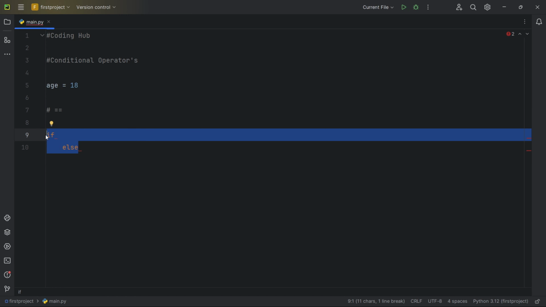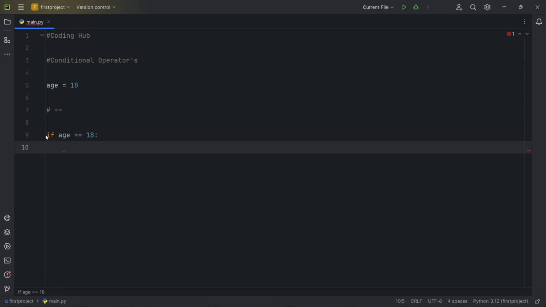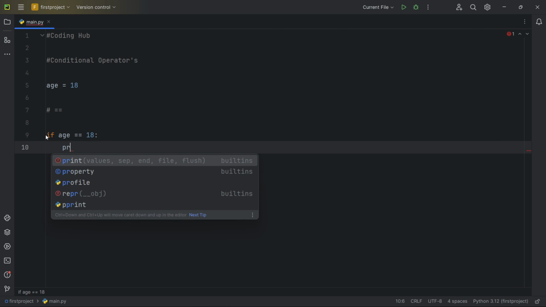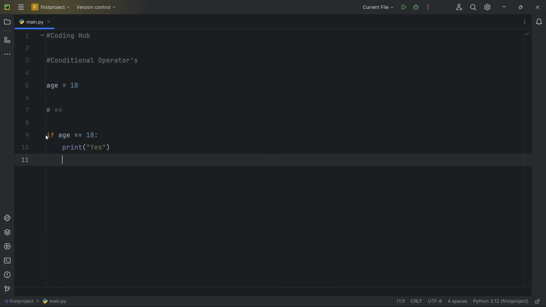So we will be discussing this conditional statement in our future videos. Let us currently consider this equality operator. For that, we have to simply write if. Now, as I have already told you, it will check a condition. Now, it requires a condition. We say if age equals 18. Now, what I am trying to say over here is that age should be equal to 18. Okay. So if it is, then we can say yes, right? Or else we can have else over here, and we can write